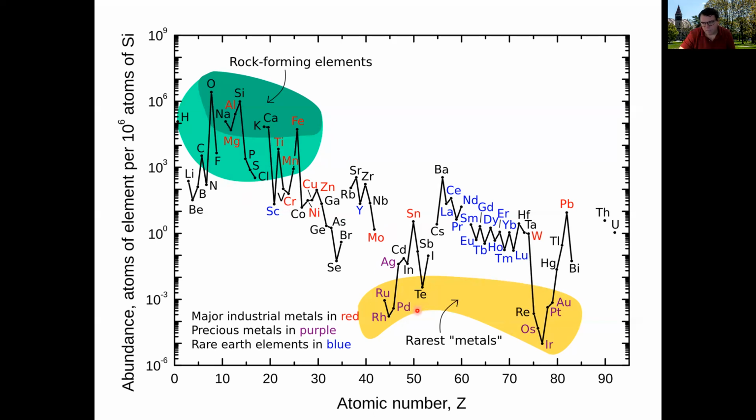And then, despite the fact that we call rare earth elements rare earths, which we'll get to later, they're actually not that infrequent. They not only occur in high concentrations, they're just distributed around and aren't really concentrated in ore deposits. Some of the more precious or rarest metals, things like palladium, platinum, are actually far more rare than the elements we dubiously call rare earth elements. As a result, they are of great importance. But as you can see here, major industrial metals are things that occur in high concentrations down to low concentrations. Precious metals tend to be things that are really restricted in terms of their concentration. And here are the rare earth elements, which we'll talk about more in a minute, in blue.